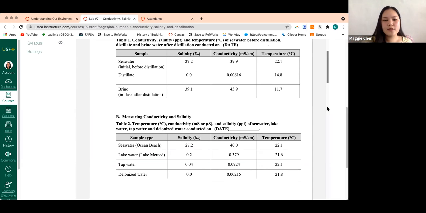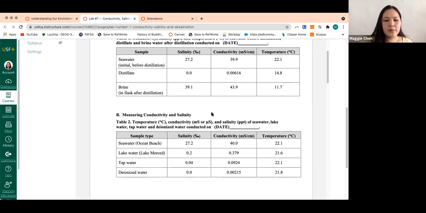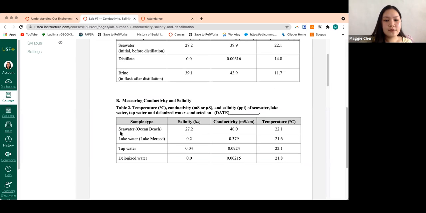We have data for different sample types. So we have this very first is seawater from Ocean Beach. We have lake water from Lake Merced, tap water, and deionized water. So deionized water is water that's most of the particles, most of the ions are taken out, and you do this using a machine in lab. And deionized water can be used for a lot of things, either for washing your lab equipment or rinsing out test